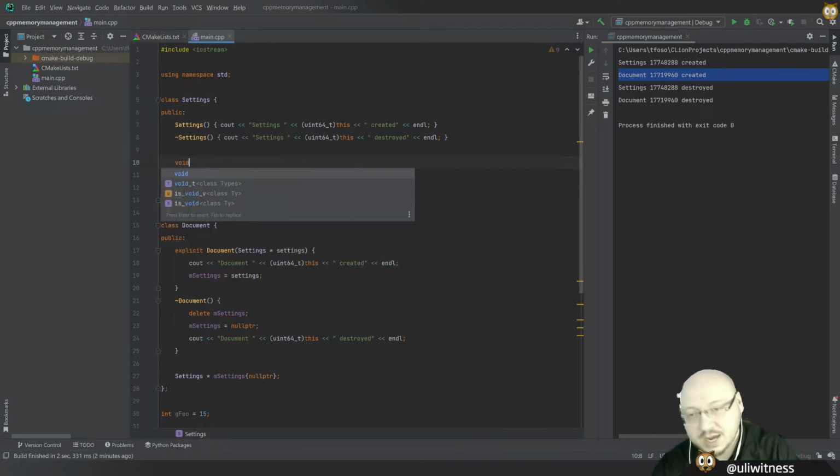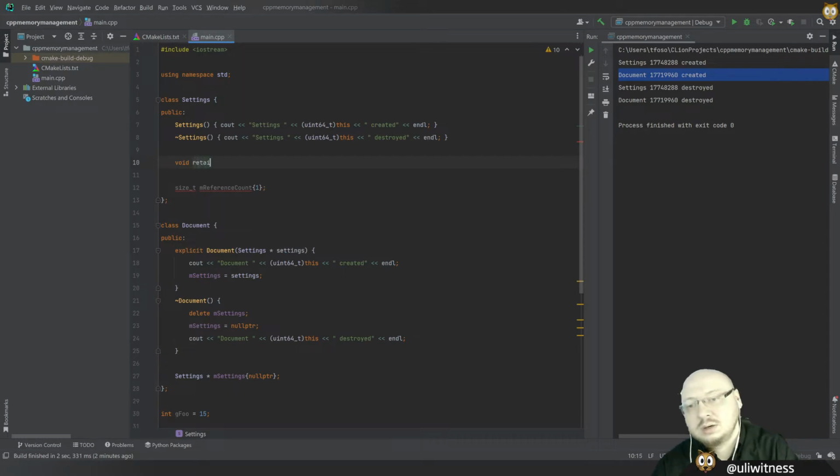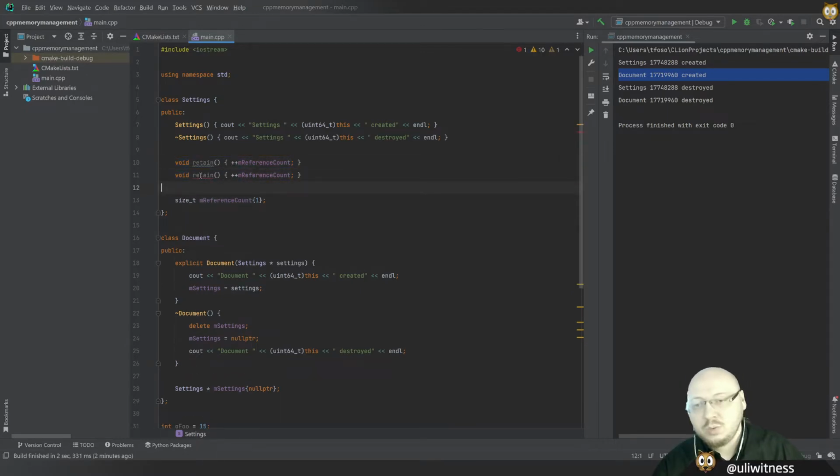And then you add a method, retain. All that does is it adds 1 to the reference count. And then we add a method called release, and that goes subtract 1 from the reference count,